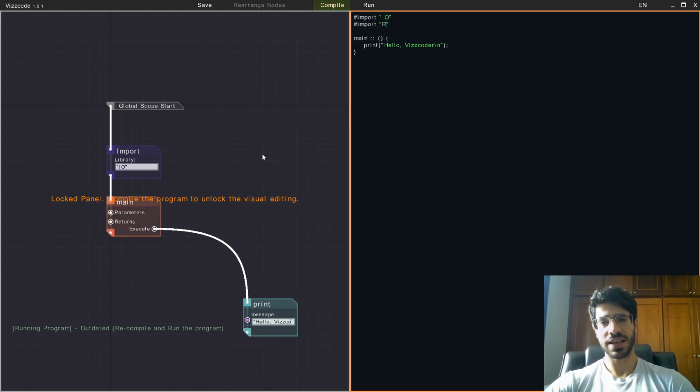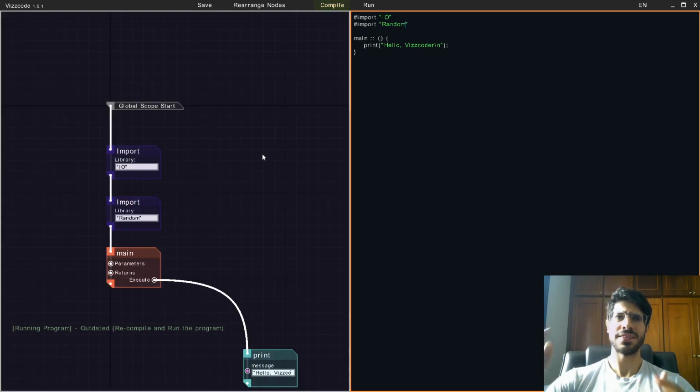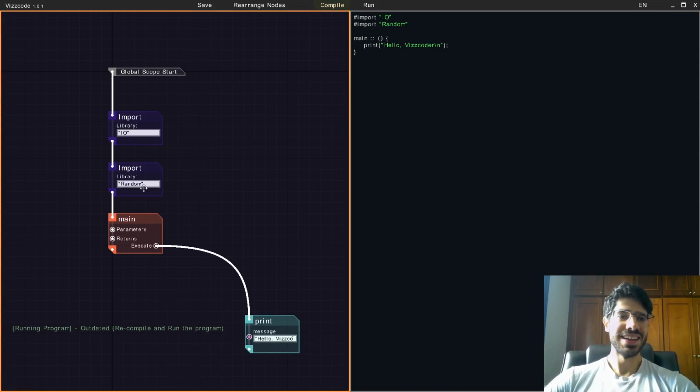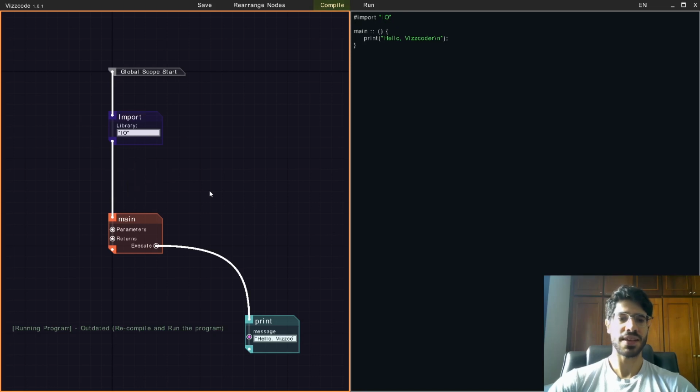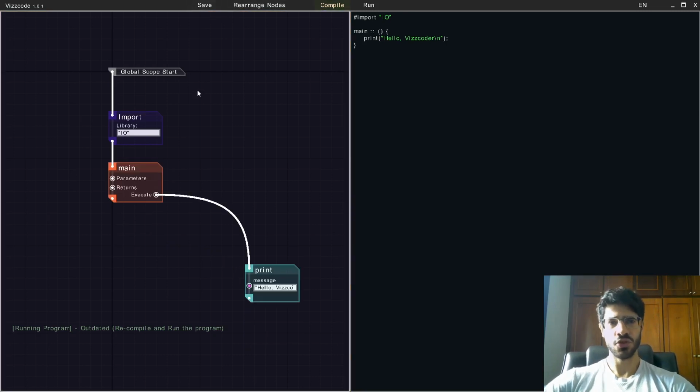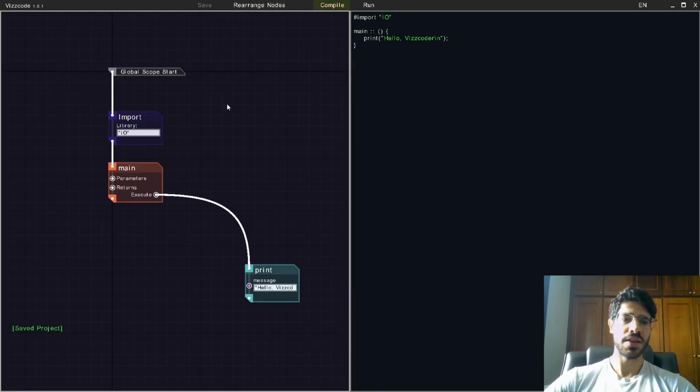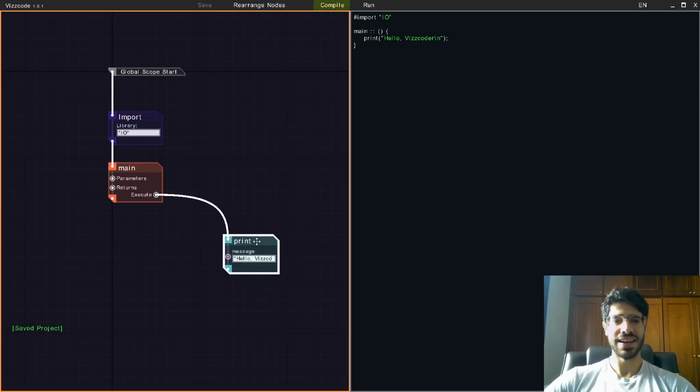But if you import another library like random, that's where you can have random numbers, you can see here that it's imported automatically. So you can edit them here or here. For example, if you want to delete the library, you're not gonna use random numbers in this tutorial, just press delete and you can see that it deleted automatically. And you can also rearrange the nodes so it can look good, and save the project. So we have just printed the message. That's the output